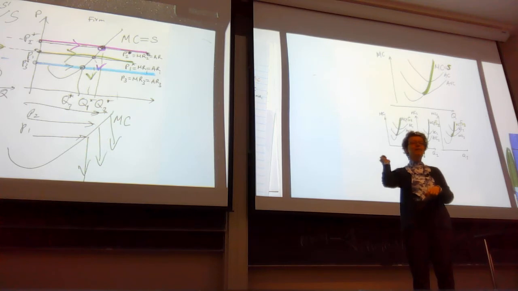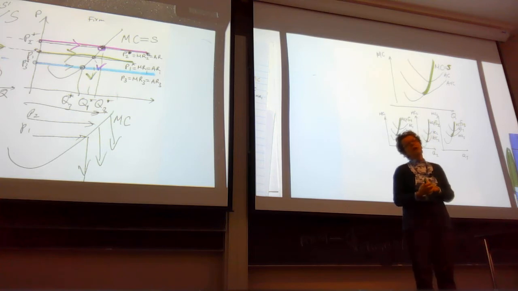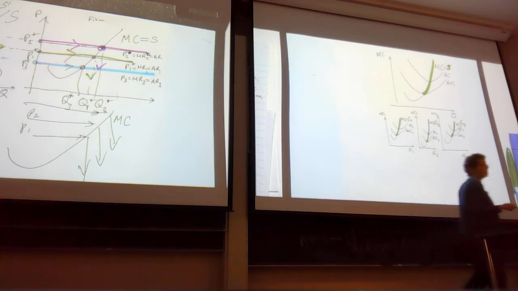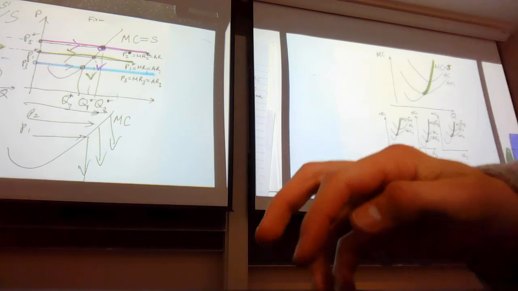So if we have 333 firms, competitive firms, instead of just 3, how do we figure out the industry supply from these individual firm supplies? Well, what do we do? What should we do for the industry supply? Add them. How? Horizontally. Add them horizontally. And if we add